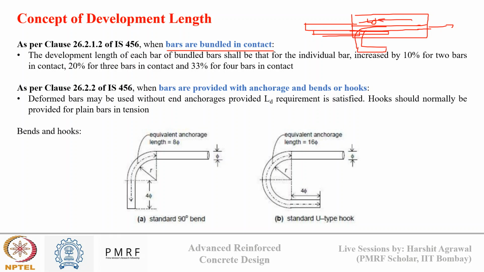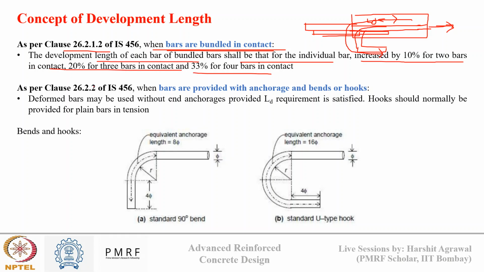So this will effectively increase the development length, which will increase the capacity of the rebar to take the tensile force T acting on it. Okay, so as per clause 26.2.1, when bars are bundled in contact, the development length of each bar shall be equal to the individual bar, increased by 10% for 2 bars, 20% for 3 bars, and 33% for 4